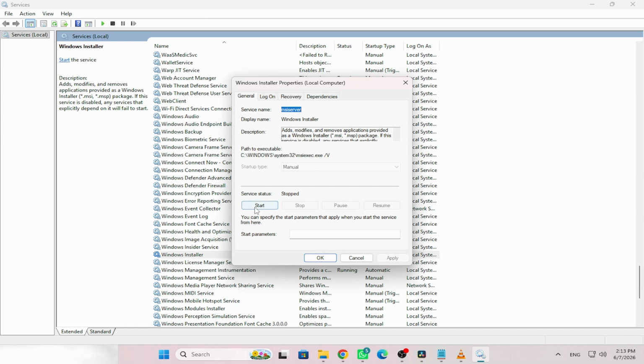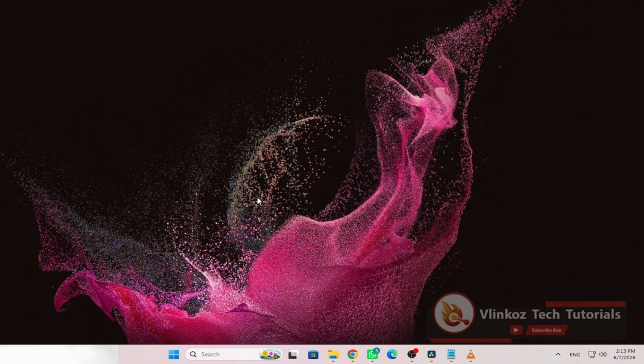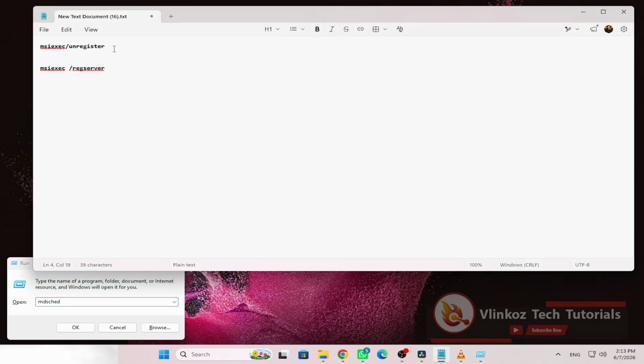If the problem persists, the next step is to re-register the Windows installer. You will need to execute two commands. First, open the Run dialog box by pressing the Windows key and the R key simultaneously. Type the command